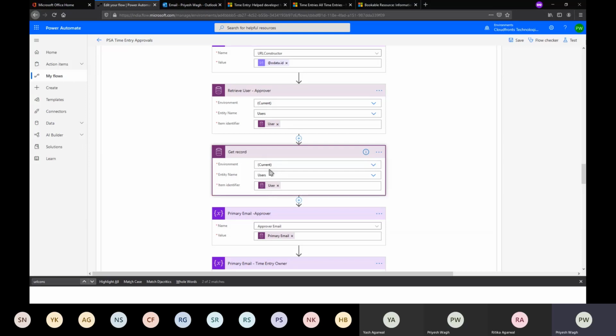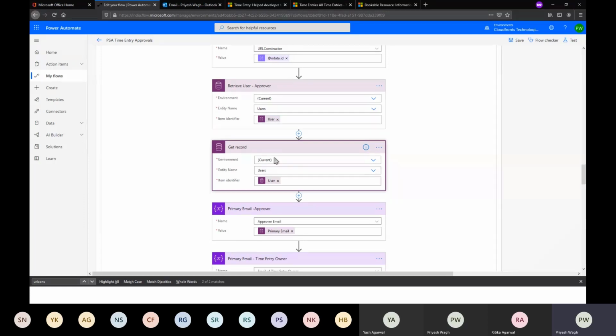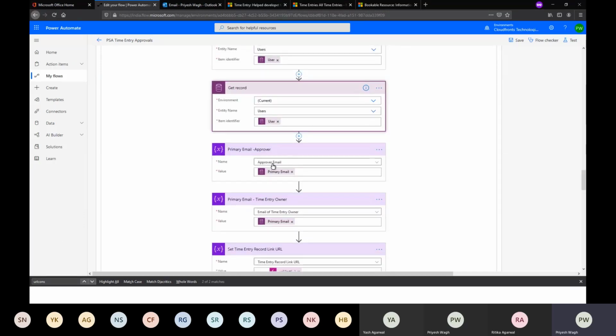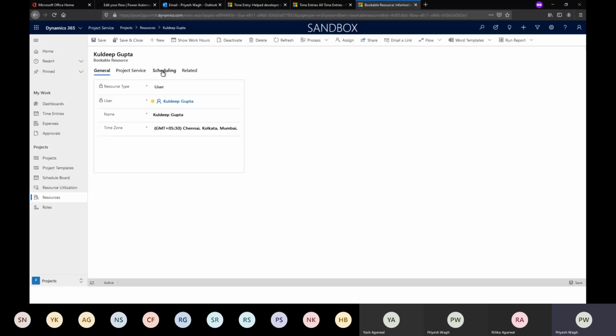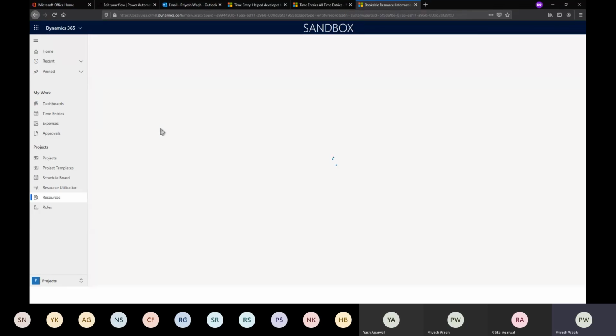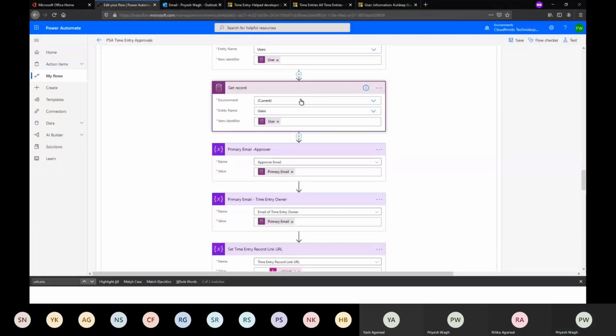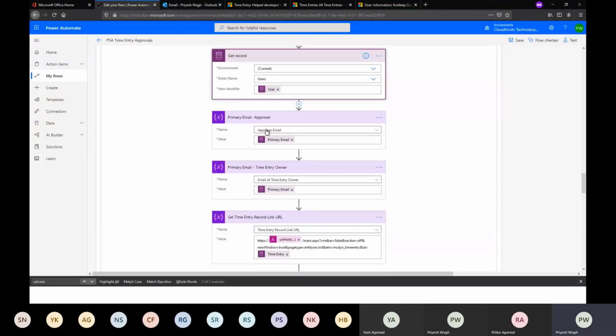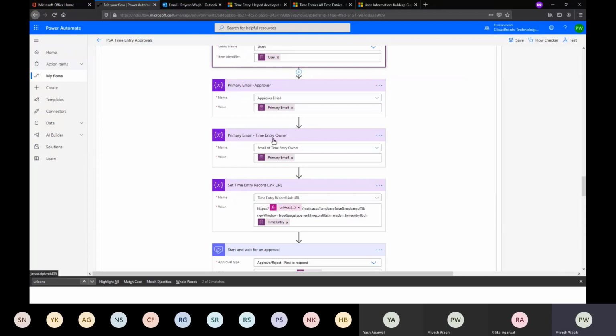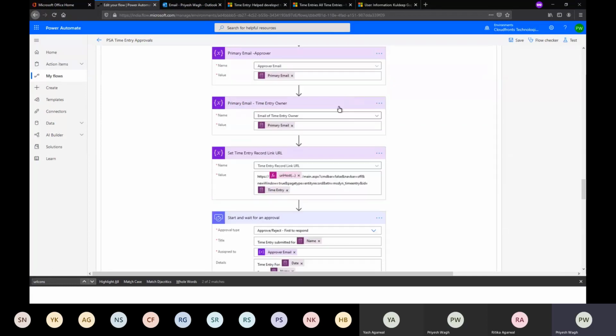I'm retrieving the system user records of both of these because that's where I have my email addresses. If you have done some advanced customization already, you can store your email addresses in the bookable resource record itself so that you don't have to go another level to the user record and retrieve the email addresses. Okay.